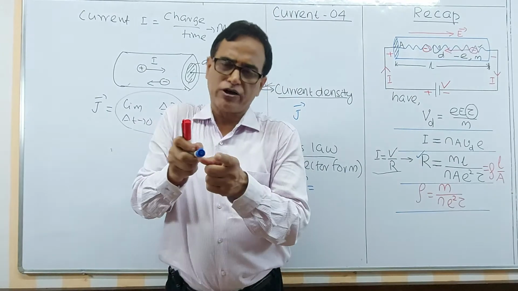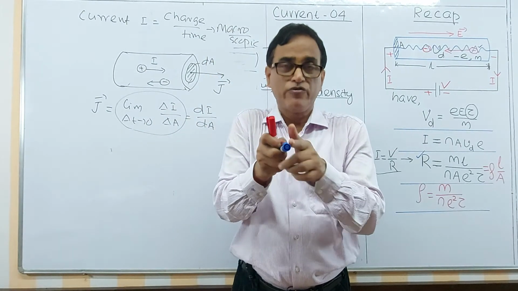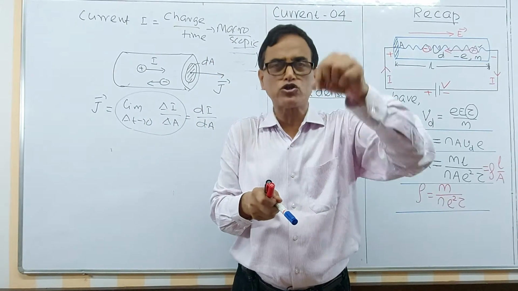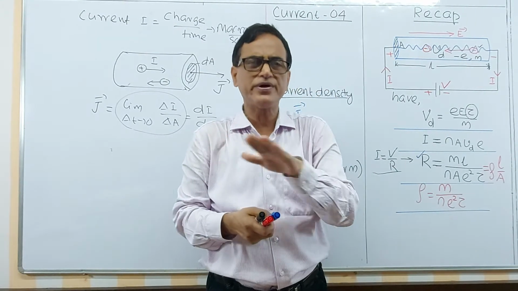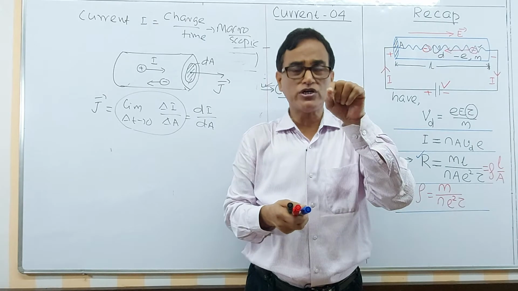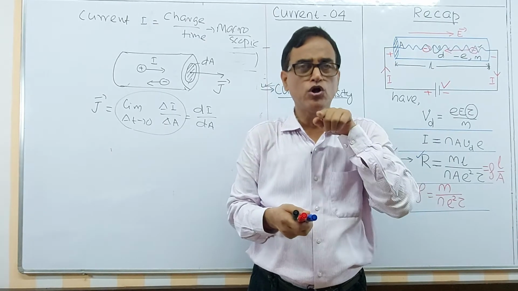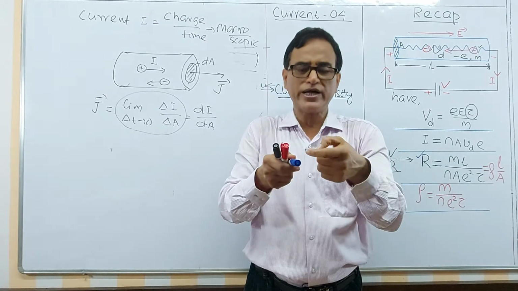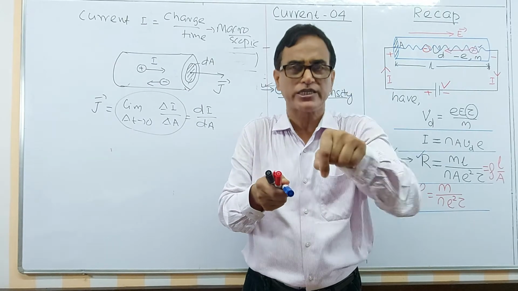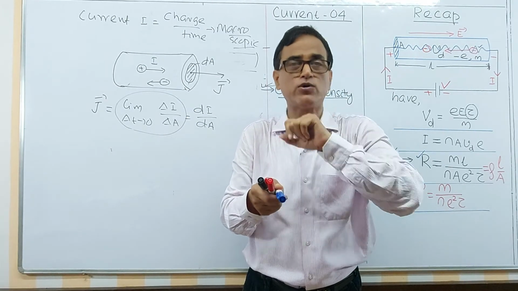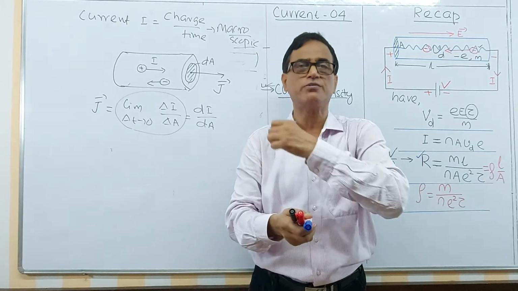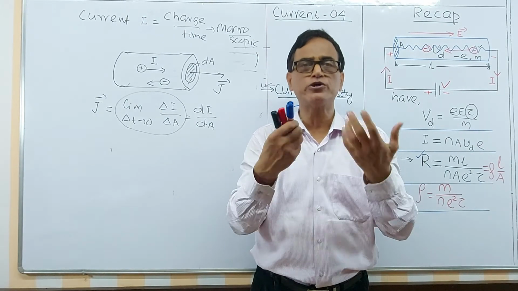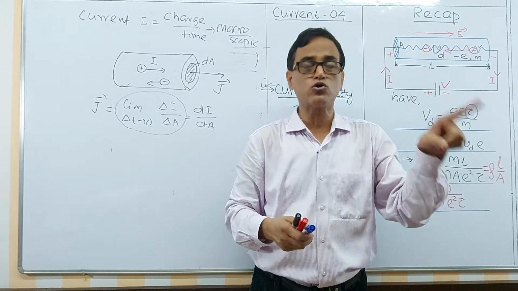Current is flowing across through this area, okay? Now, we want to define the microscopic. Electron size is very, very small. So, if you consider the microscopic point of view, the electron drifts. Current at a particular point cannot be defined. Current through a section of conductor can be defined. So, current is a hypothetical concept. Current is a macroscopic concept.